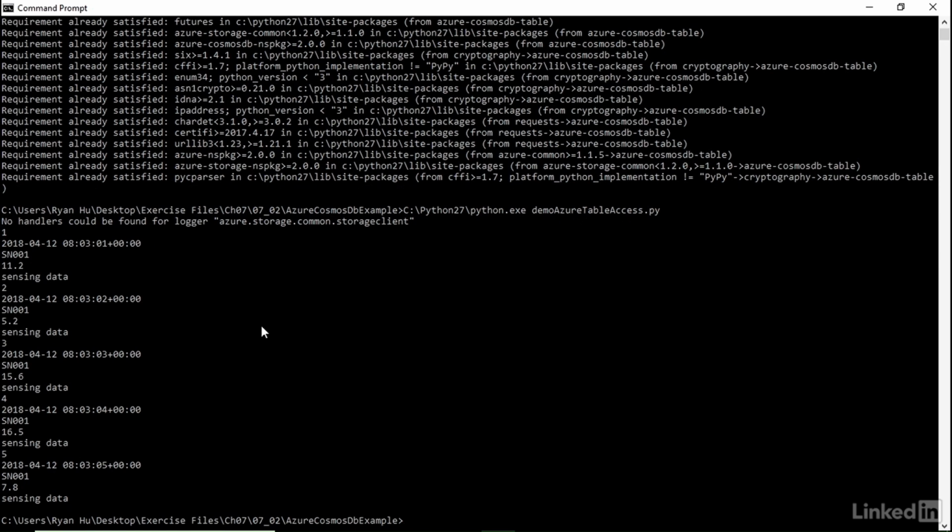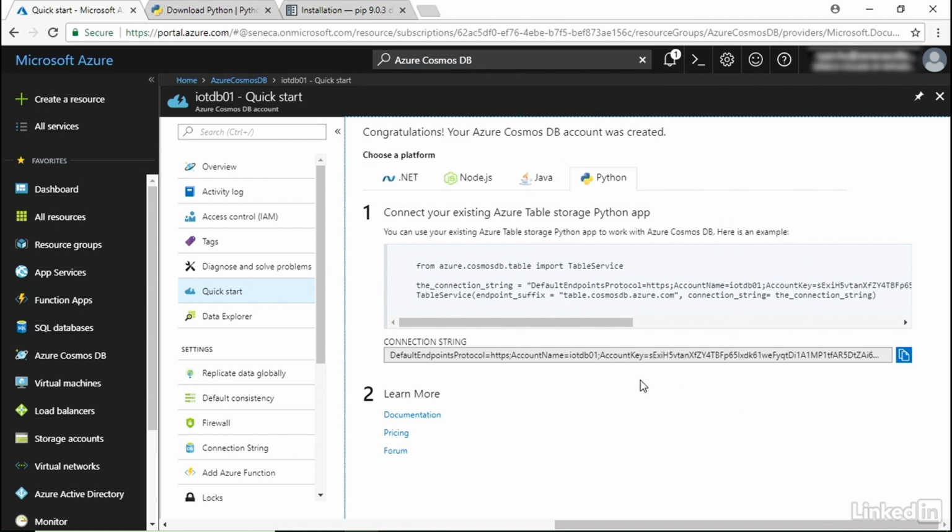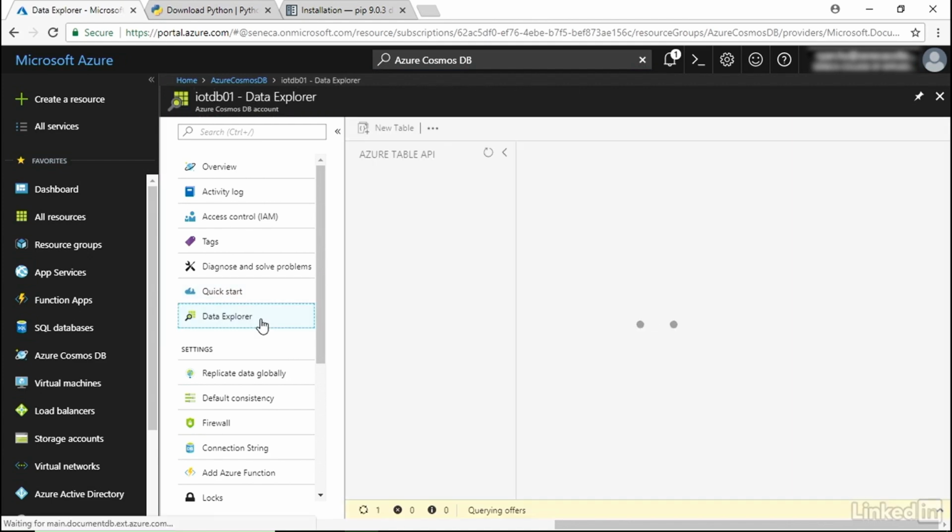The data we saved to the cloud can also be checked through the Azure portal. If we click the Data Explorer of the Azure,